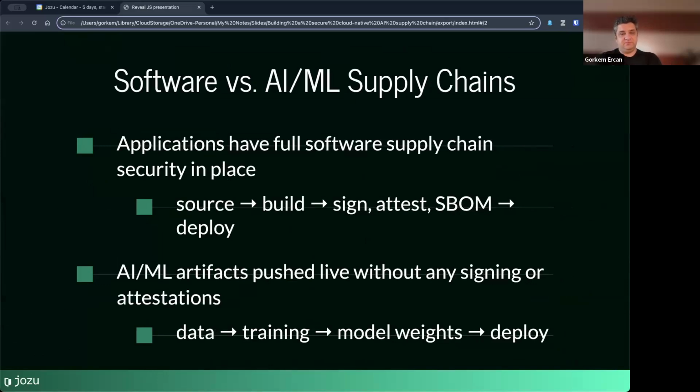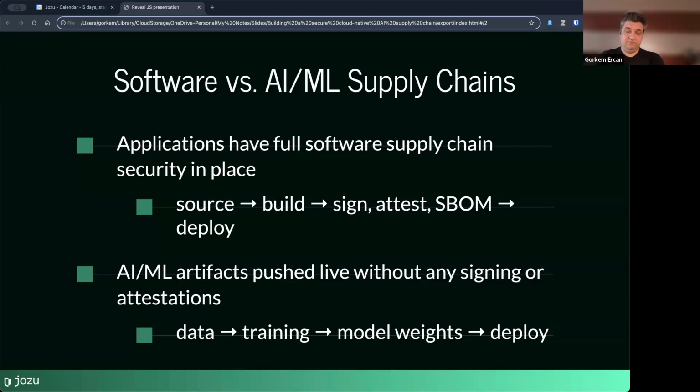So securing the supply chain is not something that is new to us, right? We have been doing this with our software in the past, and we have decades of experience essentially trying to get our supply chains in an acceptable state.